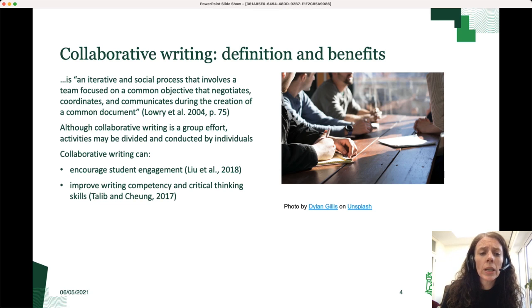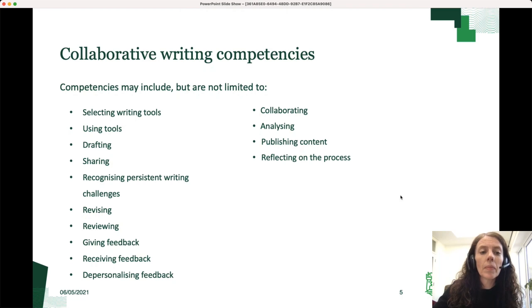In second language learning, collaborative writing assignments are widely used, and a lot of the literature examines the benefits for second language acquisition. These are some of the competencies that collaborative writing can both require and help writers to develop. So writers have to firstly select tools to collaborate. A wiki is one example, but other tools could be used, including, for example, a collaborative document like a Google Doc. Writers also have to use these tools to draft and share their work,